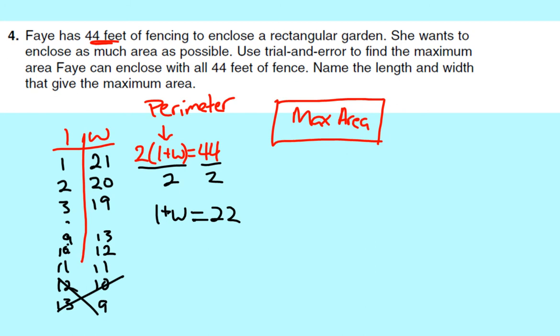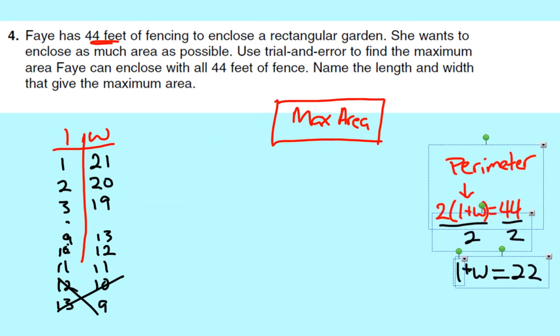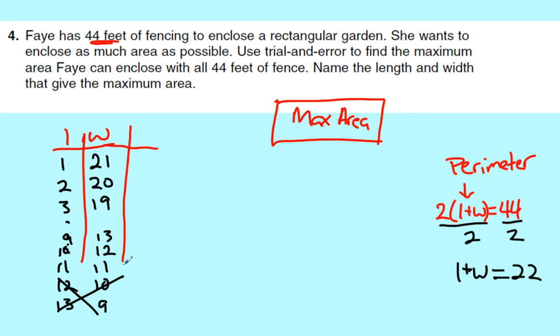So let's look. If this is our length and width, what's the area? So let's move this out of the way, and we can add a third column to our chart here. Area. And area is just length times width, so 1 times 21 is 21, 2 times 20 is 40, 3 times 19 is 57, right? 9 times 13, we skip ahead because as we go down the list, this keeps getting bigger, so we'll see if it gets bigger all the way through. So 9 times 13 is